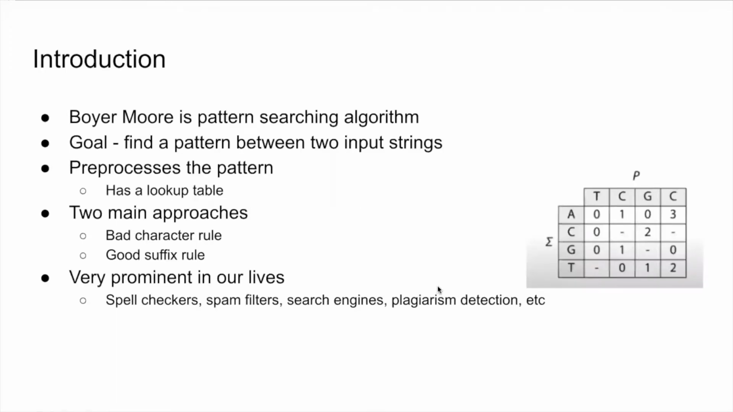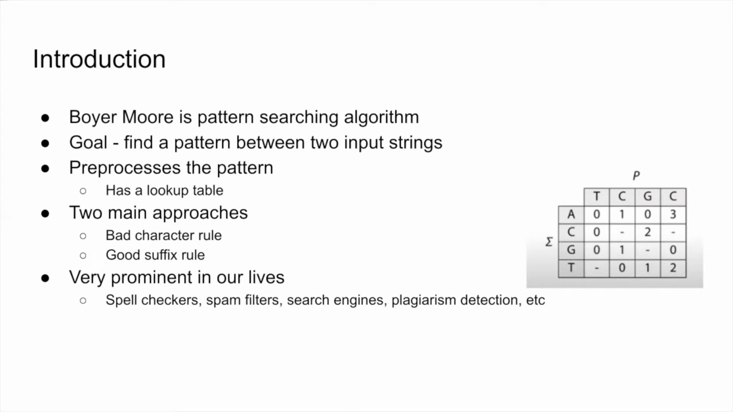The Boyer-Moore algorithm is a pattern searching algorithm whose main goal is to find a pattern between two input strings. For example, let's say we have string 1 to be 1122 and string 2 to be 11. The pattern in this case is 11. So when we run the algorithm, we will return index 0 because in the string 1122, the pattern begins at